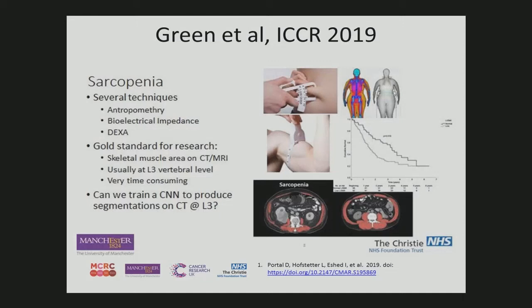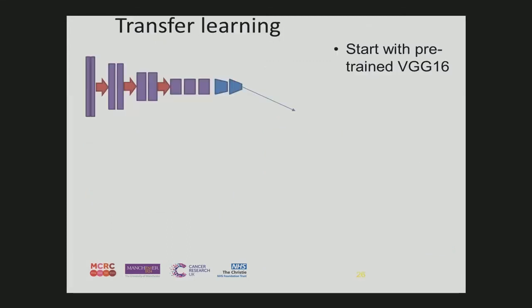So if you use a CNN to do that, then you can do it on larger cohorts. So that's what Andrew started doing. He used transfer learning, which is interesting. So transfer learning basically means you take a network, VGG16,